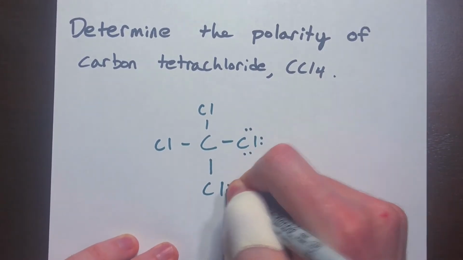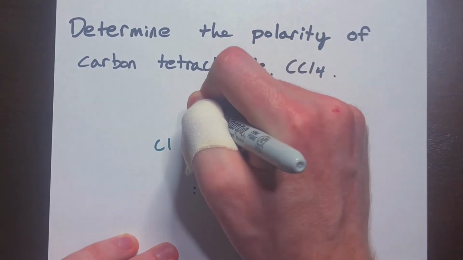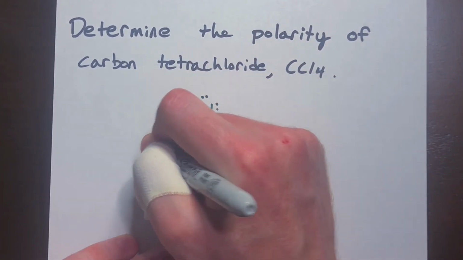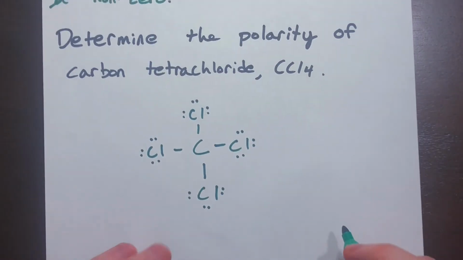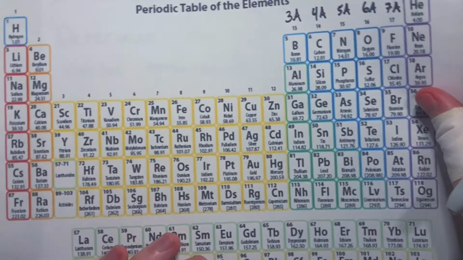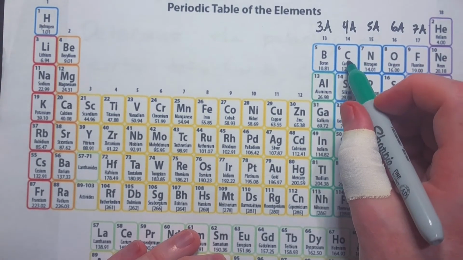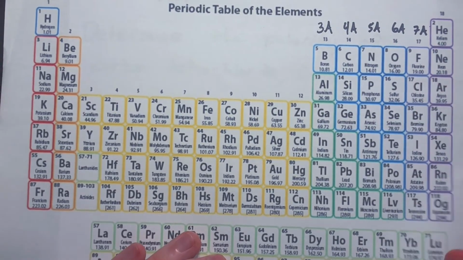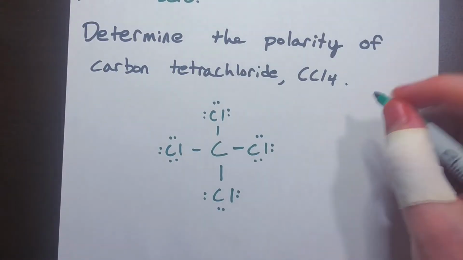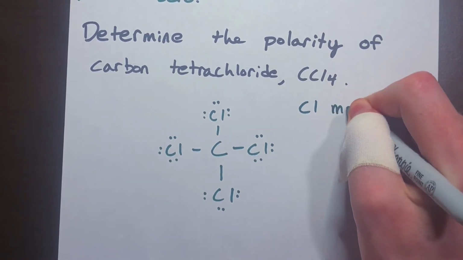And we know that each chlorine atom has 6 electrons, 3 lone pairs. And now we'll take a look at our periodic table to determine if there's a difference in electronegativity. We see chlorine is here in group 17 and carbon is here in group 14. There is a difference in electronegativity, again using our periodic trend. So we know that chlorine is more electronegative